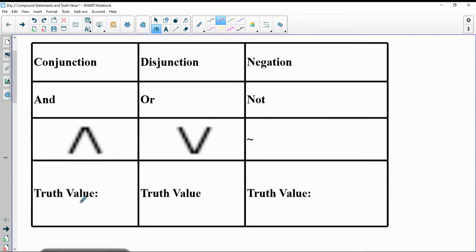All right, and then when we talk about truth values, you're going to have and. So what I was saying, my example was, I said that I am a teacher and I am a female. For the truth value, because when they ask you truth value, that means what they're asking you is: is it true or false? So anytime you see directions like that, find the truth value, they just want you to say if it's true or false. Okay? So the only time an and is true